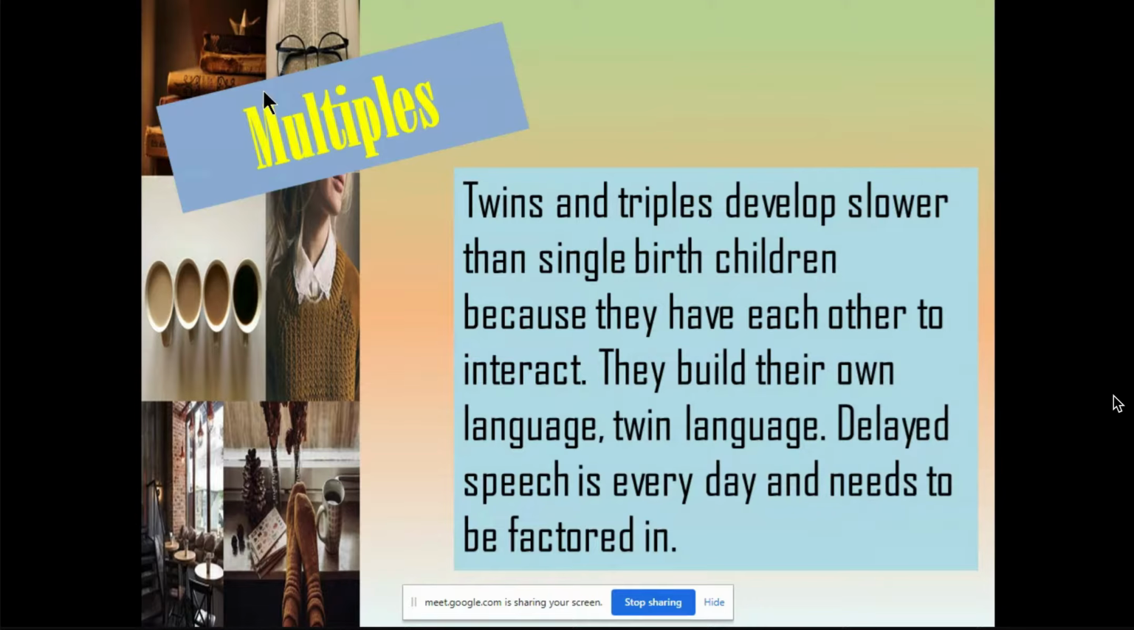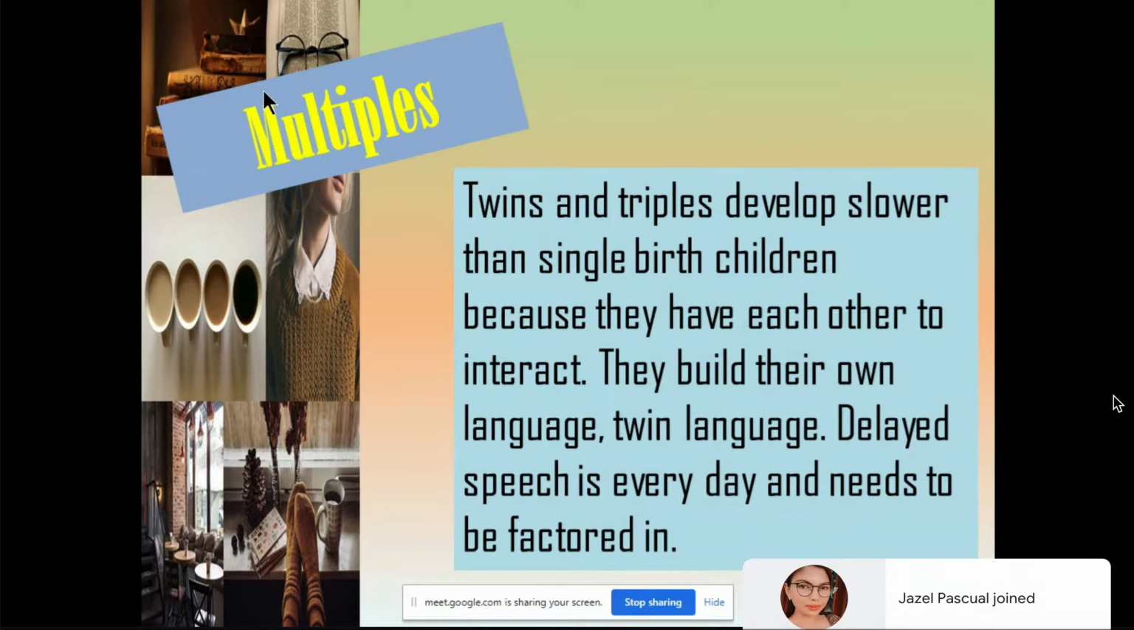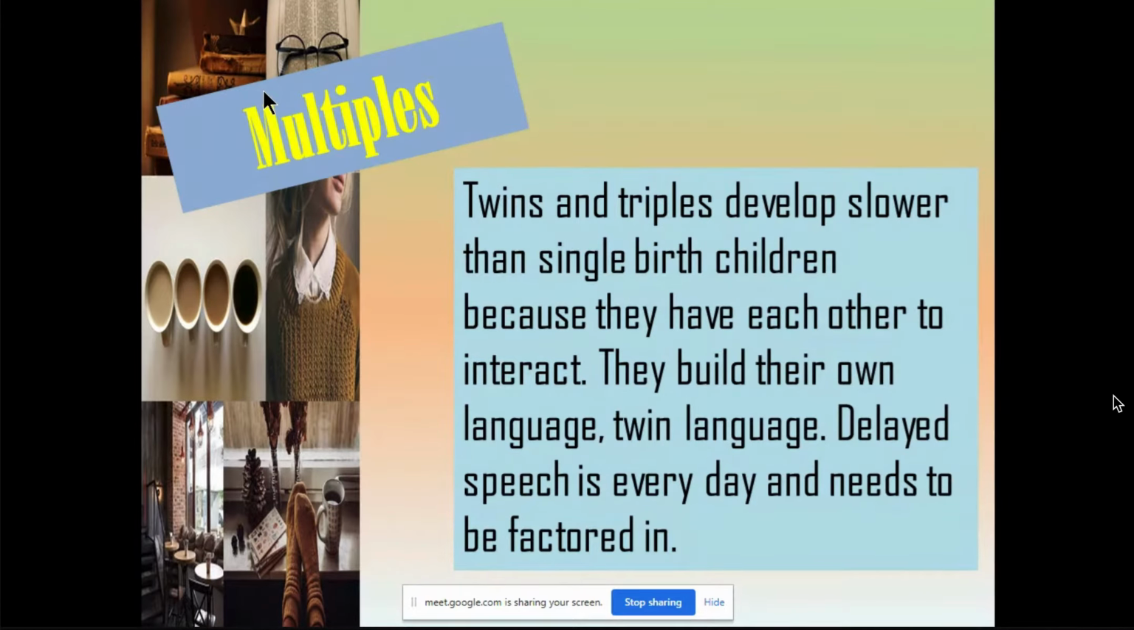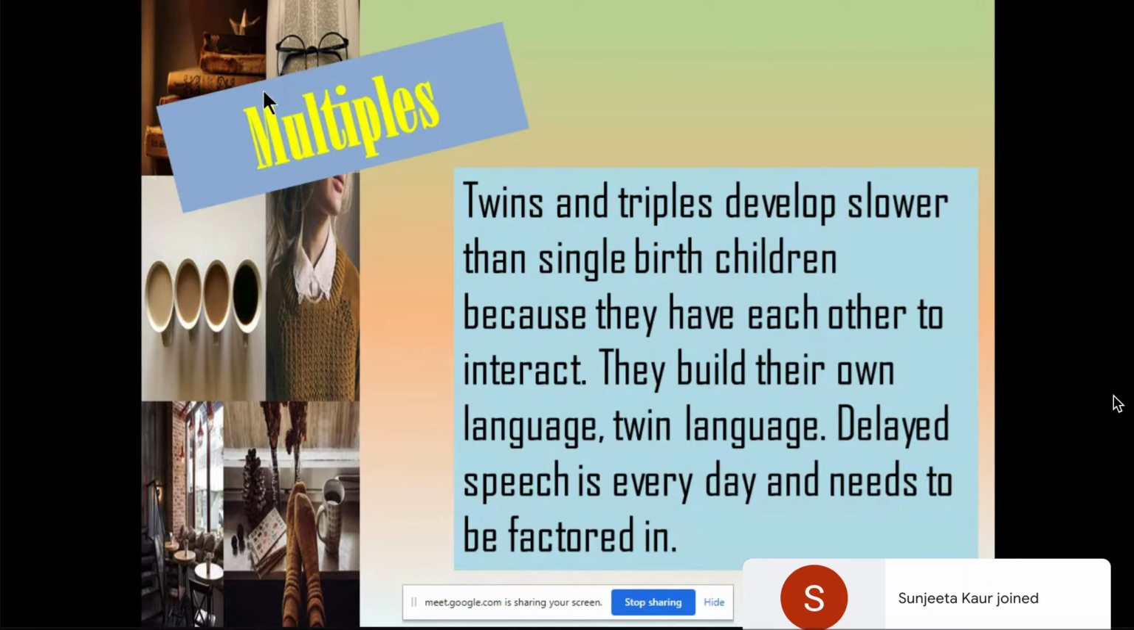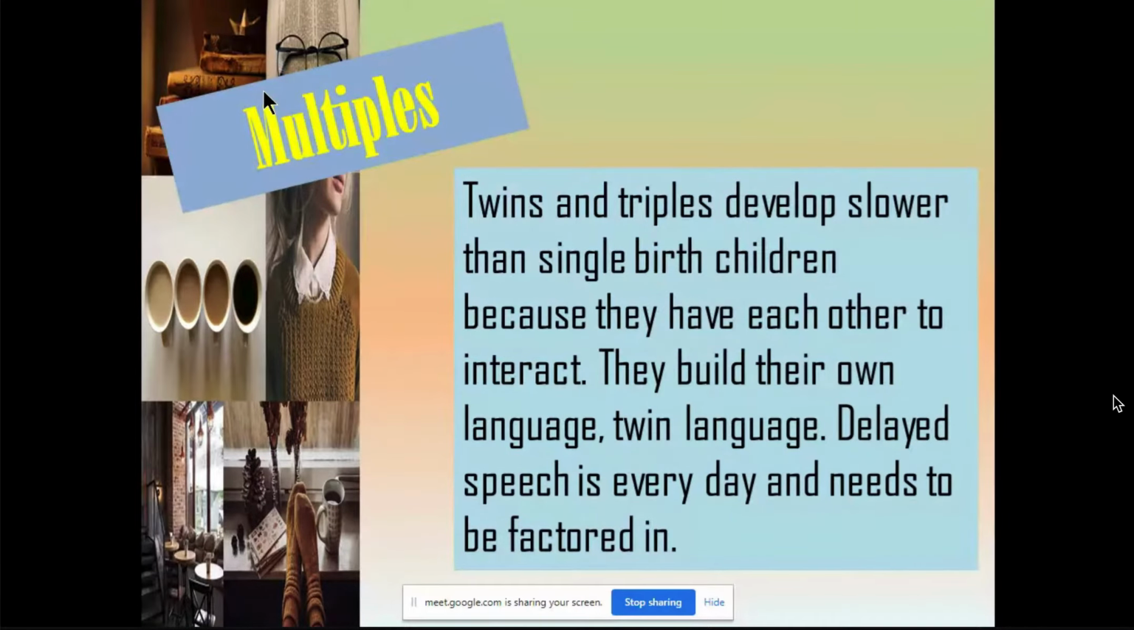Another thing is multiples. Twins, triplets develop slower than single birth children because they have each other to interact. They build their own language, twin language. Delayed speech is common and needs to be factored in. So because they don't need to play with others, they're already contented with their twin brother or twin sister. They don't need to learn the language of the older